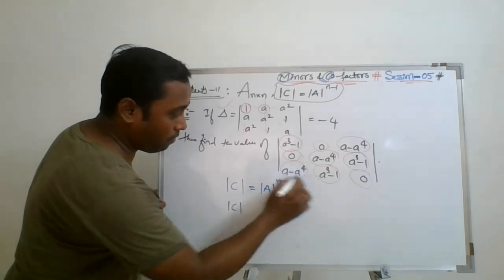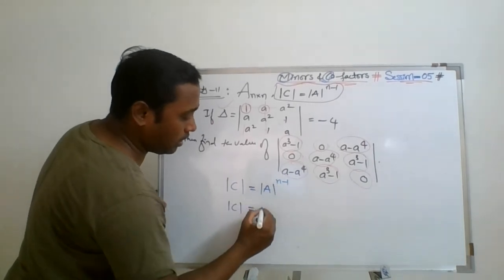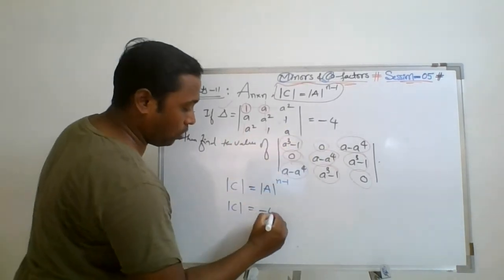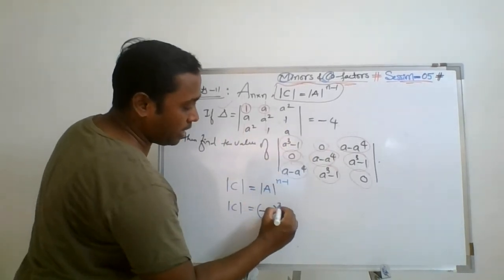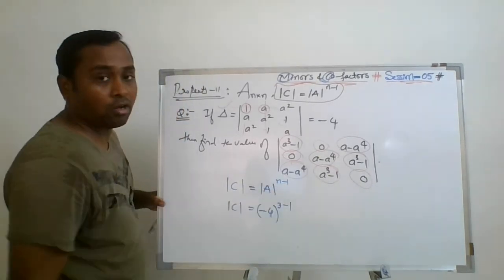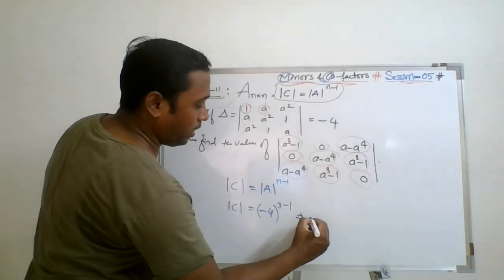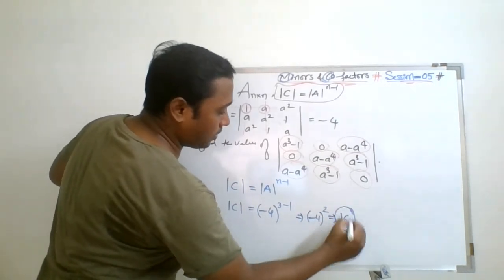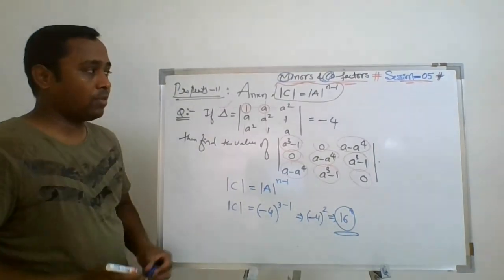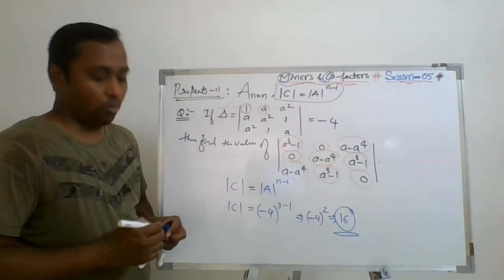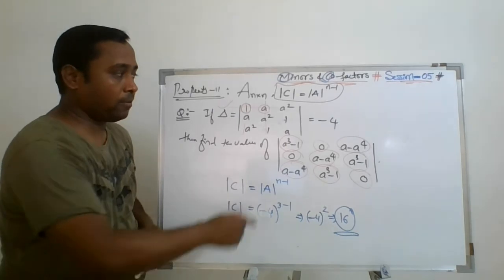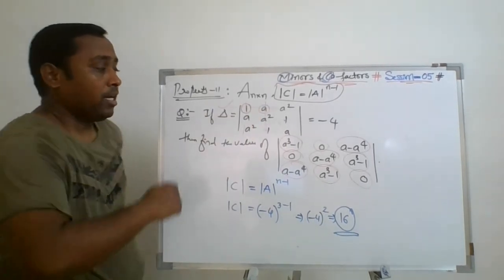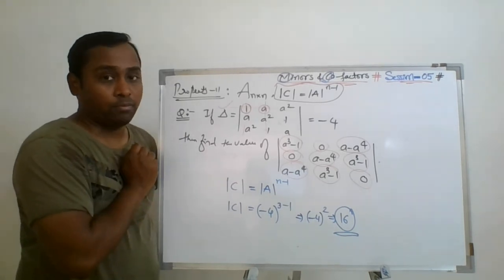Here now I can find the determinant of the cofactor matrix. Det A is already given as minus 4, so it is minus 4 to the power 3 minus 1, because n represents the order of the square matrix. So finally we are left with minus 4 to the power of 2, that is equal to 16. So simply I was able to find the determinant of this matrix by using this property. The only catch of this solution is to spot the property at that moment.